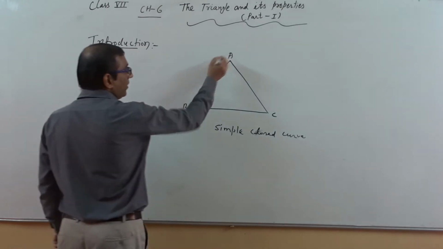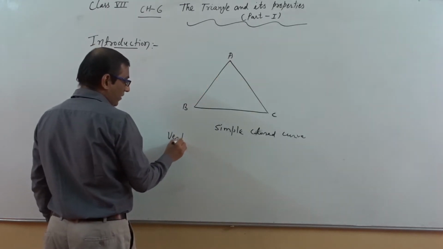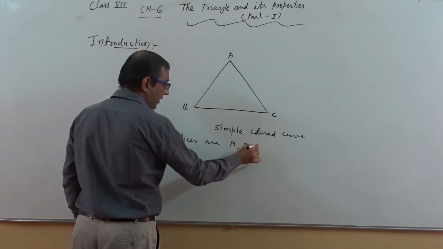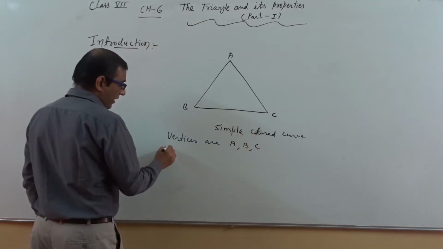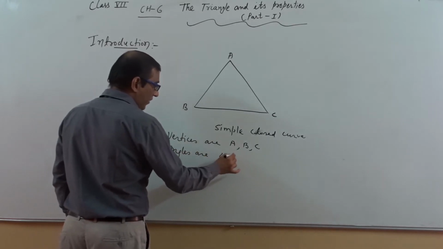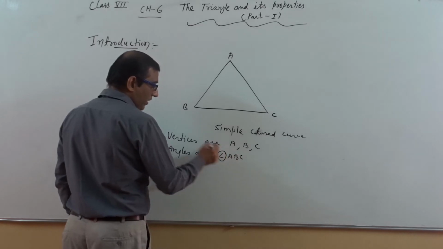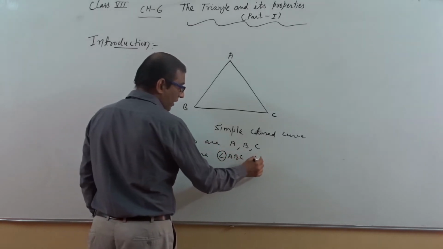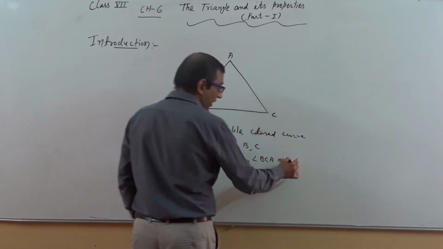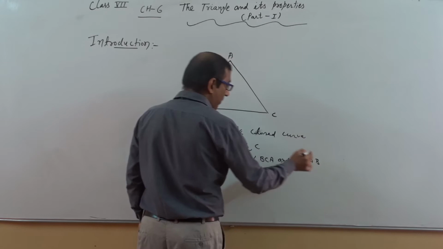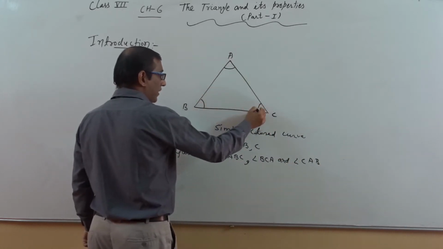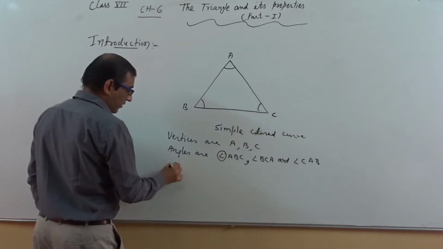So here we can say vertices are A, B and C. Angles are angle ABC, this is the symbol of angle, angle BCA and angle CAB. So three angles are there, three vertices are there, and sides are